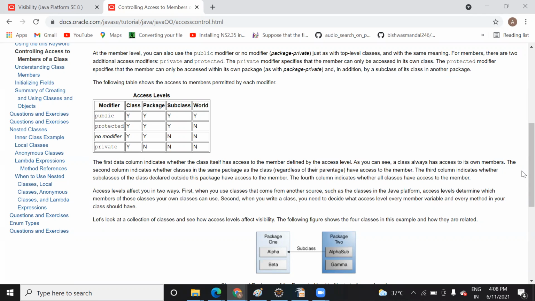Now if I say protected, protected is one more access specifier. Suppose in your society there is a garden, a park, then that is accessible to the members who stay in the society, not for outsiders. You can call that a package.